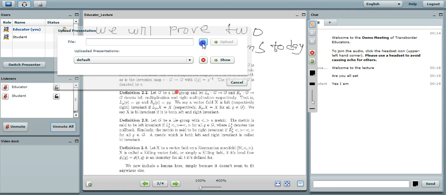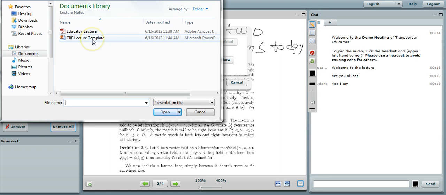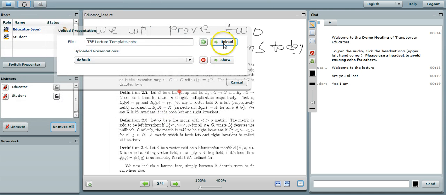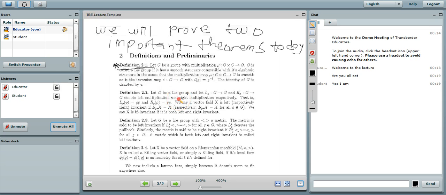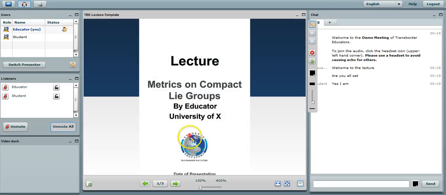Then I click on browse file, and then this time I'll click on TBE lecture template. So this is a series of blank PowerPoint slides that I can write on. So I click on that, and I click on open, and then again I click on my upload button. So it's uploaded now, and we see as it loads, so the blank slides are uploaded. Again, I click on fit to width so that it would make it bigger for the students to